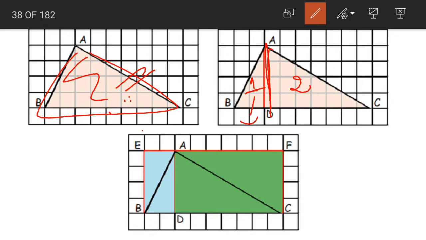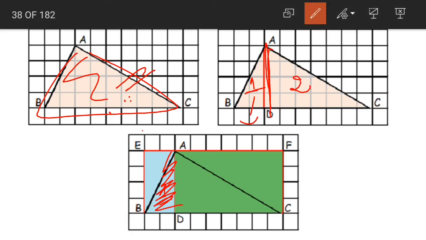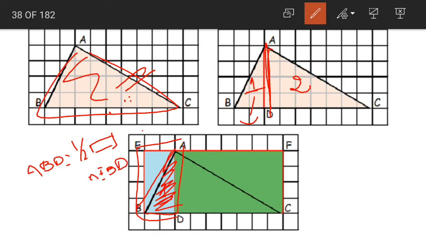Now what is the area of this triangle 1? This is our triangle 1. Now how do we find out the area of a triangle? We know how to find out the area of a triangle using the area of a rectangle. Yes or no, children? See, area of triangle is equal to half into area of the rectangle. So our area of the triangle ABD is equal to half the area of our rectangle AEBD. Now in the same way, for triangle 2, area of the triangle ADC is equal to how much?